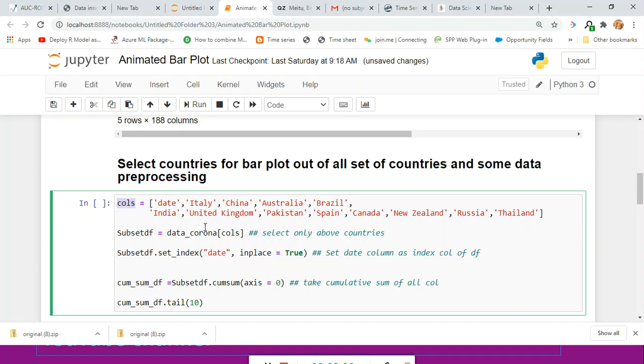It will help to subset our original data frame. Our original data frame is data_corona, and I write this Python object cols in square brackets.